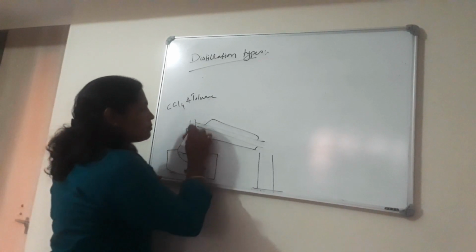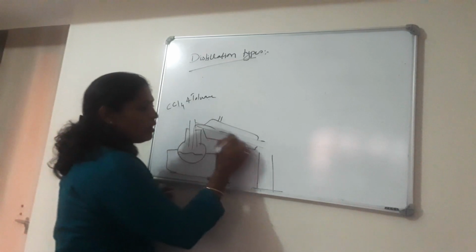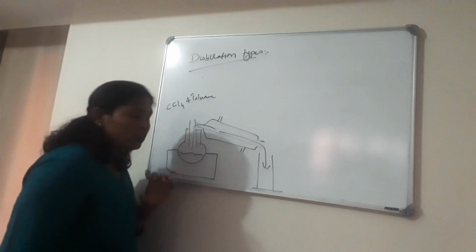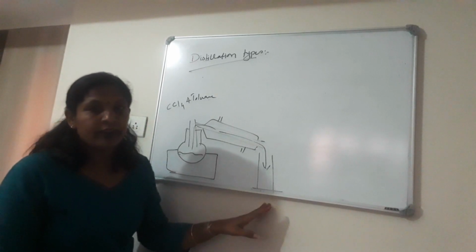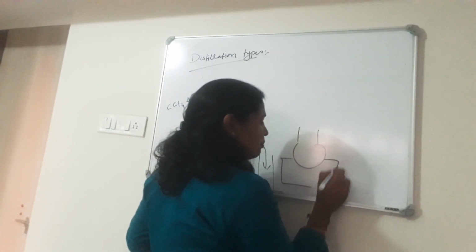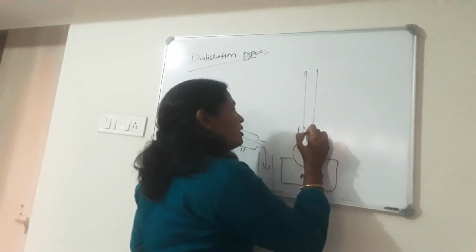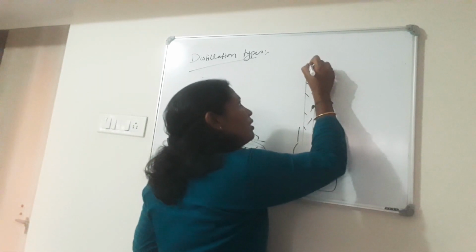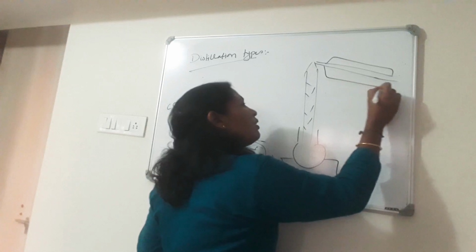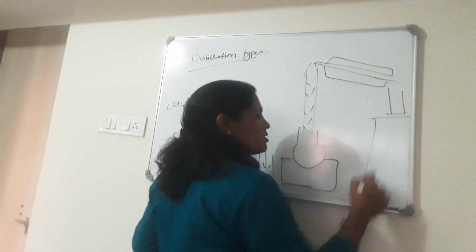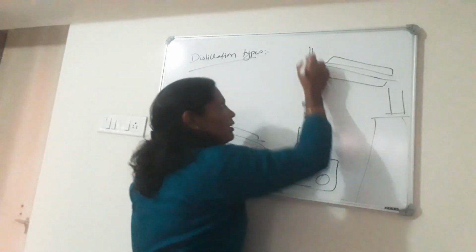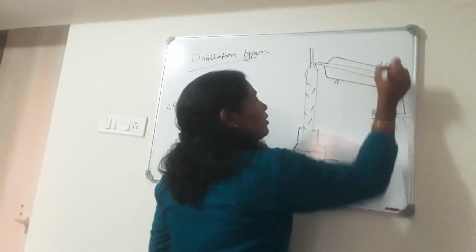As vapor generates, it comes into the condenser and immediately condenses. This is one type of distillation, in which we generate vapor and immediately condense it. In the second type of distillation, suppose this is the assembly. Here we are using this column, and we have the condenser over here and we are collecting the distillate. Here is the stand, here the thermometer, and the water inlet and outlet.